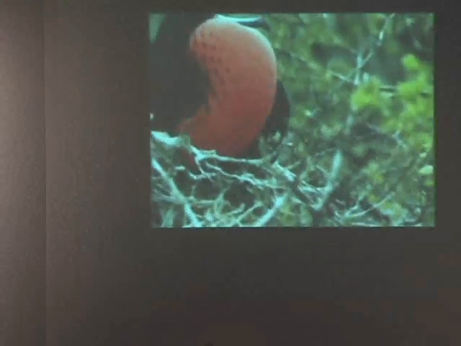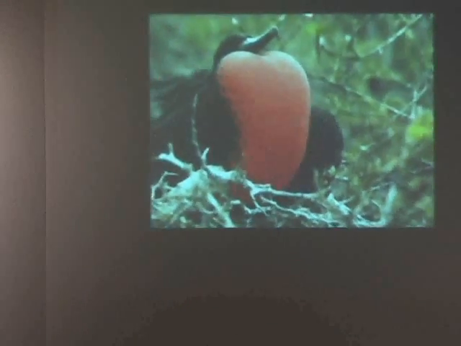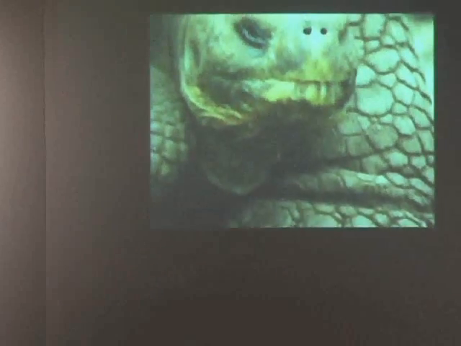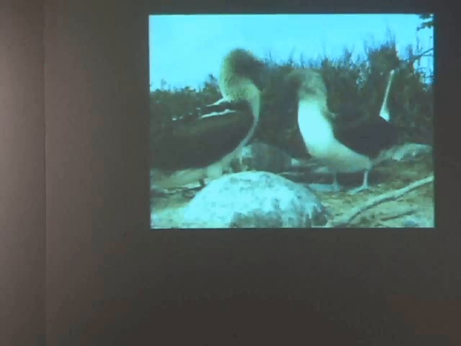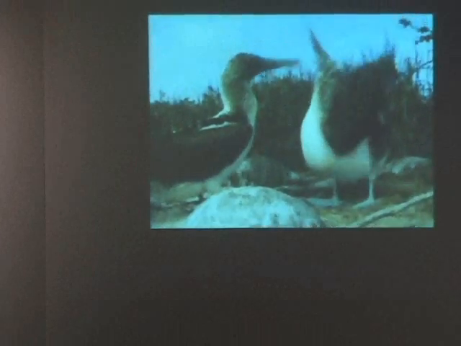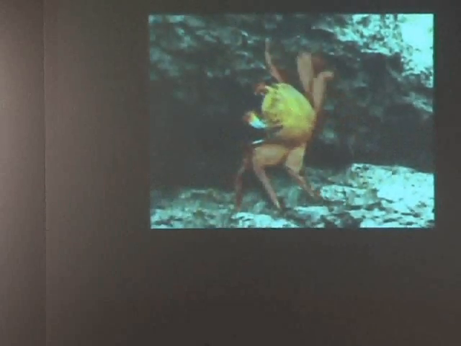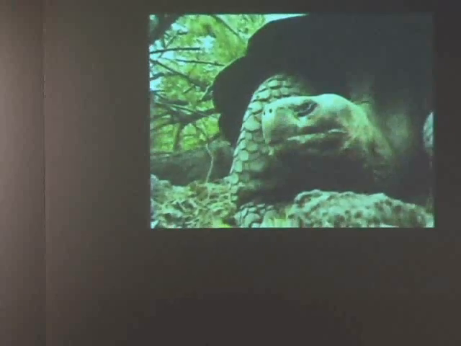On this desolate archipelago, 600 miles off the western coast of Ecuador, Charles Darwin encountered an extraordinary array of birds, reptiles, and mammals, the likes of which he had never seen before. For more than a month, Darwin studied plant and animal life, took extensive notes, and collected specimens. Then he left, never to return.